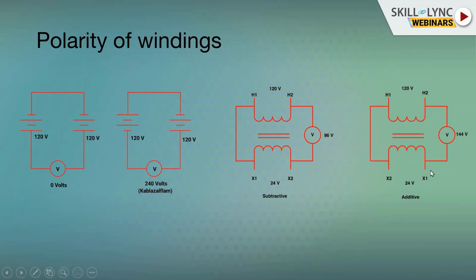Suppose somebody reversed the two polarities here and connected the voltmeter the other way, you would recognize that this H1 is positive here, X2 is negative. So when you put positive, negative, negative, positive, they all add up to 144 volt, which is nothing but 120 plus 24 volt. So this is an important thing we need to recognize and remember, that though transformers are alternating current devices, any AC machine for that matter, there is a thing called polarity, and polarity is about getting a particular voltage output corresponding to one winding with respect to another winding.